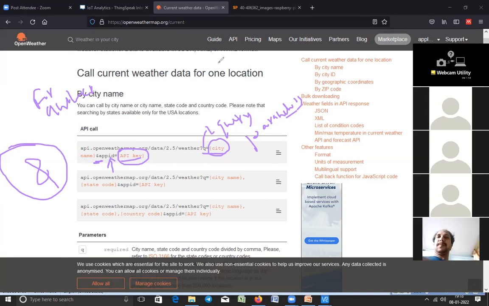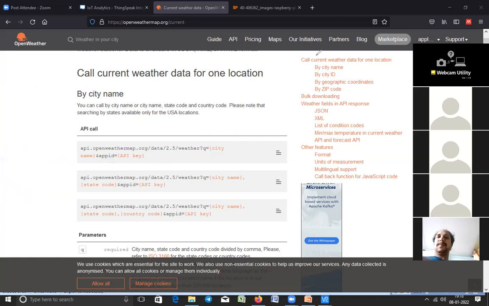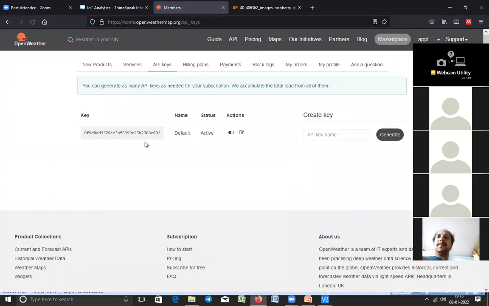Where are these tokens for us? So I have a token. You can see that token now. I'll show the token, no problem. You can see here in your account, my services are there, my API keys are there. Click on my API keys. You will see the API key here. This is my API key, a unique key generated for my account. So I'll be using this for my account. This is a unique token. Is that clear? This is the unique token I'll be using for accessing data from this particular cloud. Is that clear?